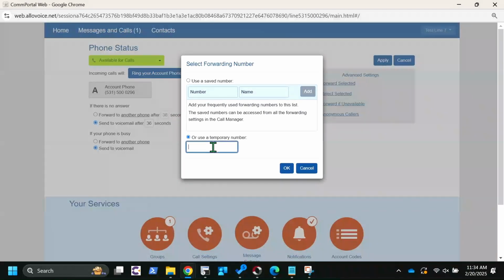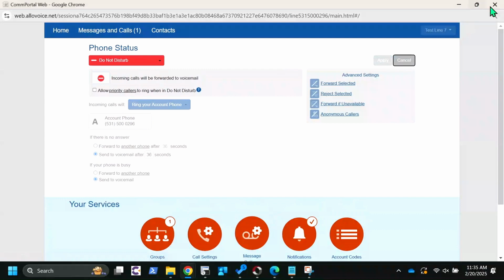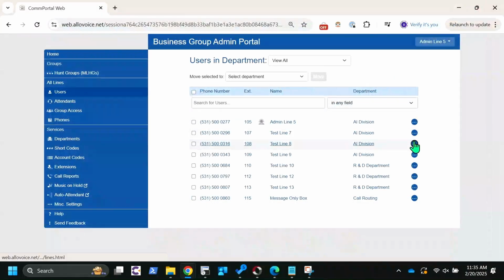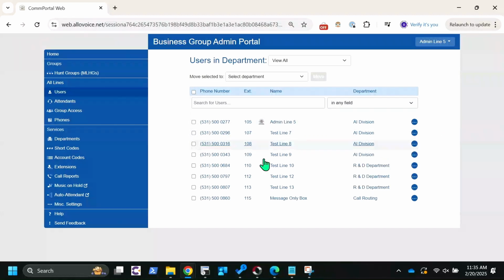Now, this would be, you're going to forward his calls to an answering service or something, right? Now it's telling you all incoming calls will be forwarded to such and such. So as you can see, there's a lot of power here in an individual's direct Comm Portal, or as it says, view individual settings, right? You can go help somebody out, put their phone in do not disturb, forward their number, verify which hunt group they're in from their Comm Portal. There's a lot more in there,